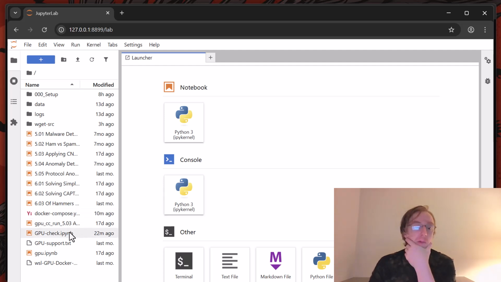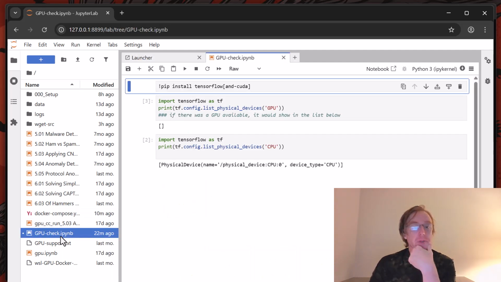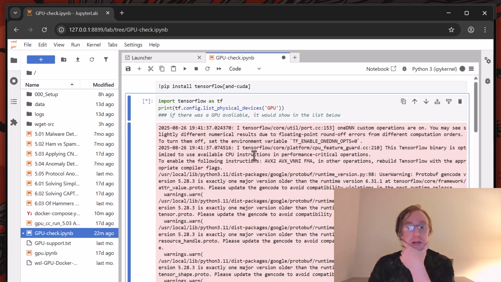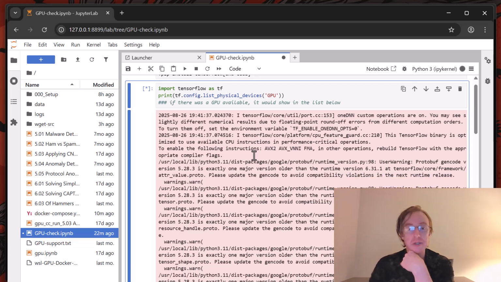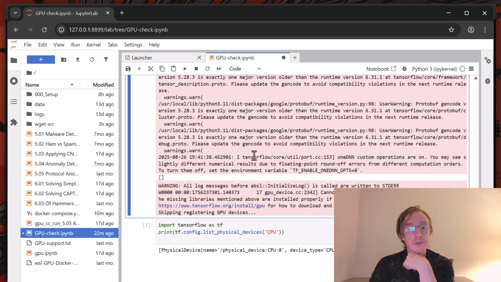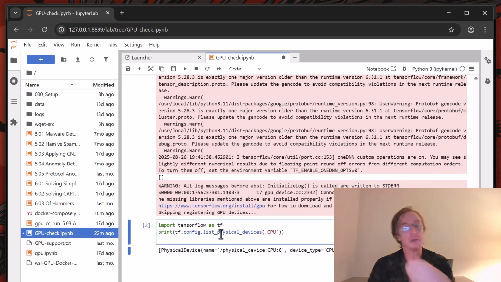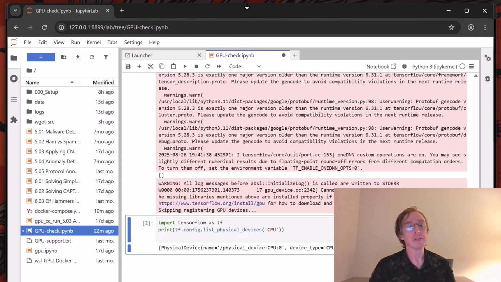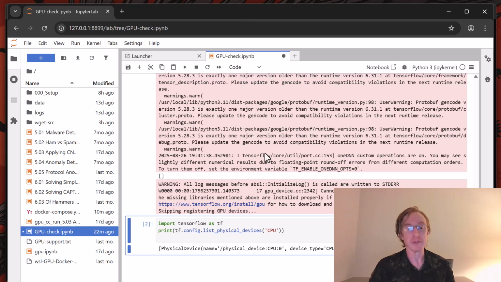Now, I just have this really simple GPU check. And this one, I can run it, see what happens. So it has oneDNN, you may see this, turn it off, and so on. Wow, lots of warnings. But there's nothing there. Oh my goodness. Now, of course, it's working, right? It's working. But here's the problem. This is why I have what I have in the